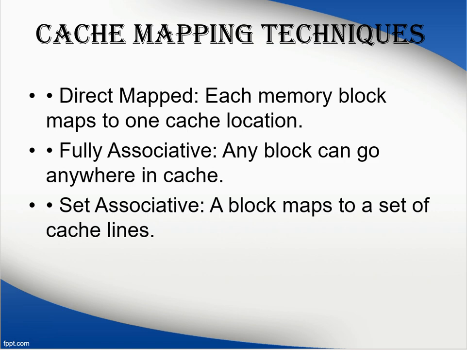We have the direct map cache, we have the fully associative cache mapping, and we have the set associative cache mapping. The direct map cache has each block mapped to exactly one cache memory